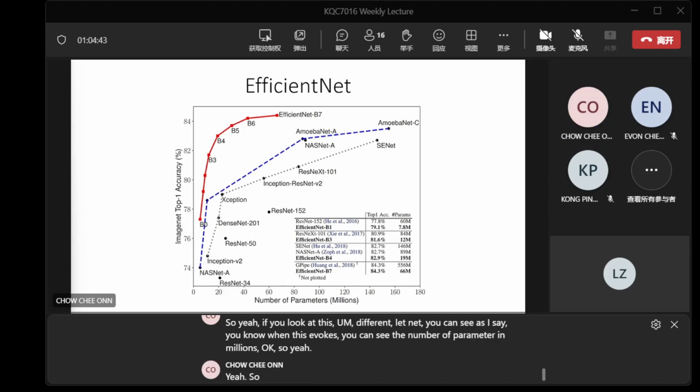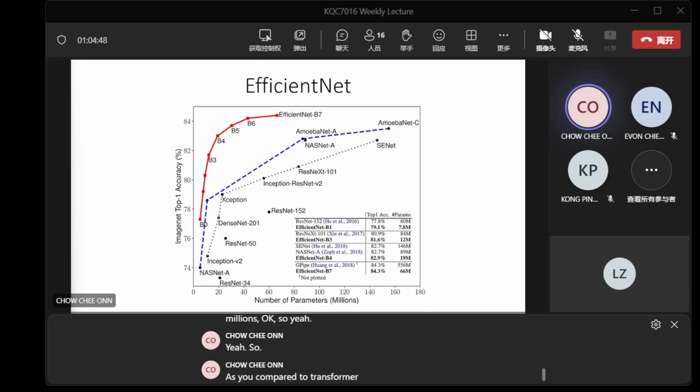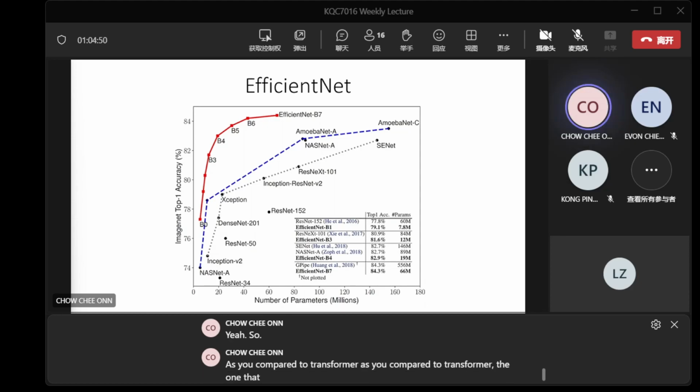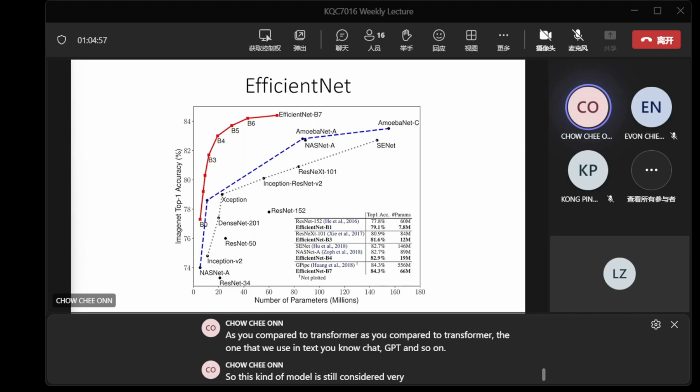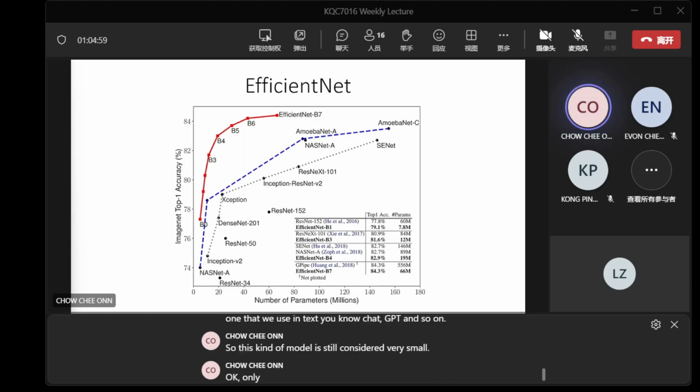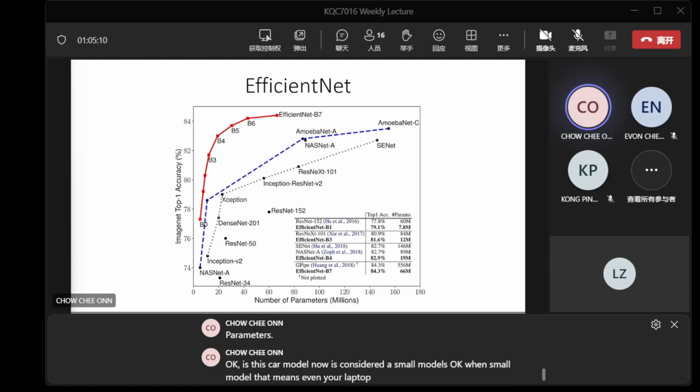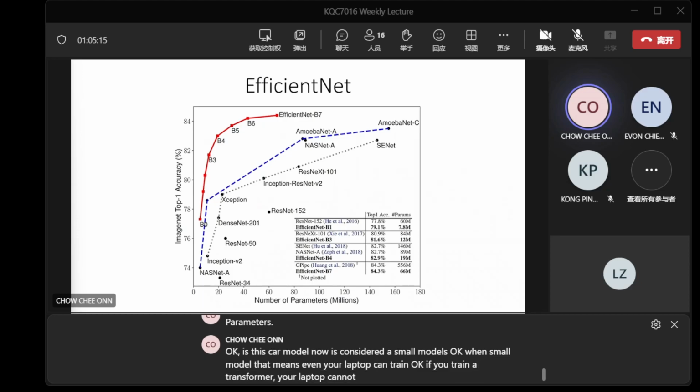As you compare to the transformer, the one that we use in text, ChatGPT and so on, this kind of model is still considered very small, only about 160 million parameters. This kind of model is now considered a small model. A small model means even your laptop can train it. If you train a transformer, your laptop cannot.